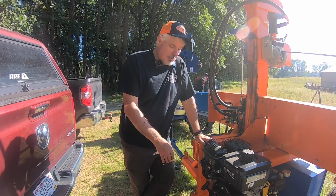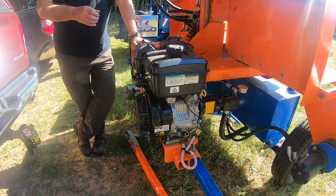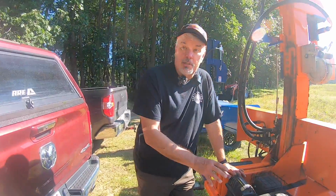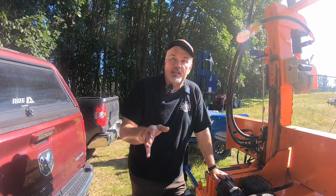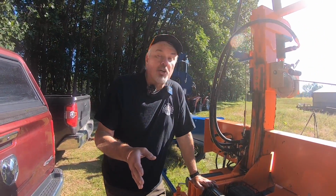The only issue is, and I'm not going to mention the salesman at Eastonmade, but he didn't mention the electric start. I will tell you, for anybody, if you're getting a 14 horsepower motor, spend the $300 and get electric start. You'll thank me later on, because when it gets cold outside and that oil is thick, you're going to curse this machine. And as your shoulder gets more and more...